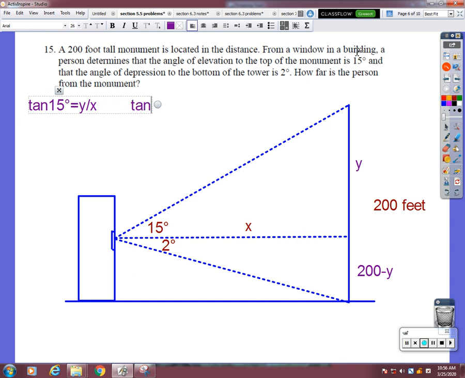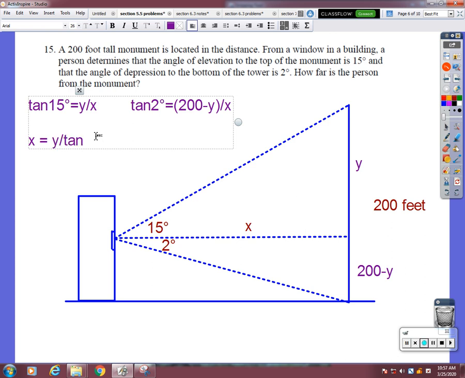And then we know that the tangent of 2 degrees is equal to the opposite side, 200 minus y, divided by x, okay? Okay, so now we have two equations with two variables, so we can solve those using a little bit of algebra. I'm going to solve them both for x, and then set them equal to each other. To do that, I need to do my little switcheroo trick because I'm dividing by x. So in this case, x would equal